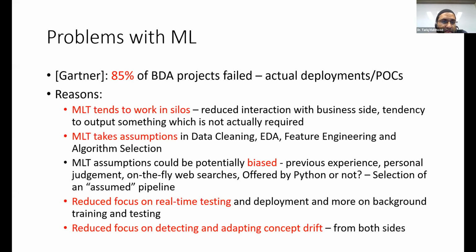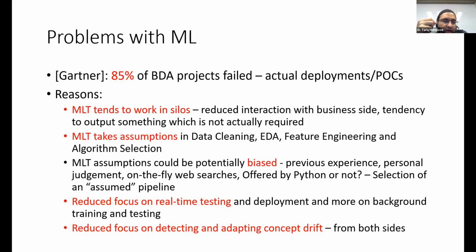And you have a tendency to output something which is absolutely not required. You might be designing very flowery dashboards, you might have very cool sales forecasts, but the business might say, oh, this is nothing for us. I mean, this does not solve anything. And then a bigger problem is that the data scientist or the machine learning team take lots of assumptions